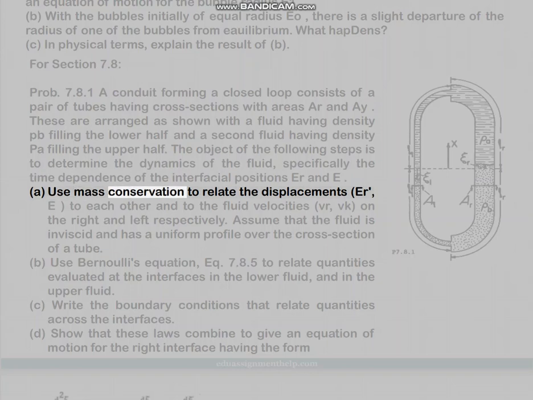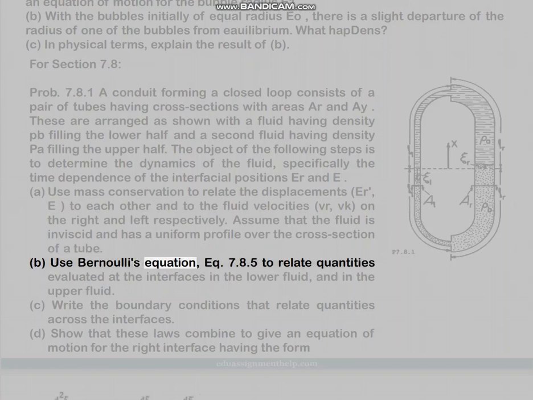A. Use mass conservation to relate the displacements xi a and xi b to each other and to the fluid velocities, vR and vL, on the right and left respectively. Assume that the fluid is inviscid and has a uniform profile over the cross-section of a tube. B. Use Bernoulli's equation, Eq. 7.8.5, to relate quantities evaluated at the interfaces in the lower fluid and in the upper fluid. C. Write the boundary conditions that relate quantities across the interfaces. D. Show that these laws combine to give an equation of motion for the right interface having the form